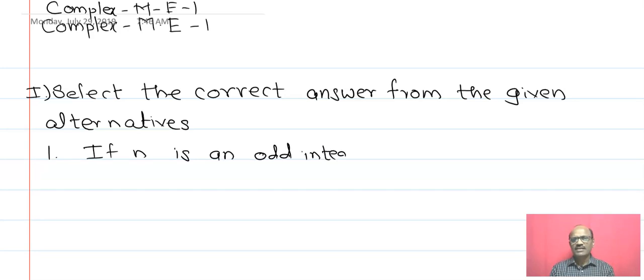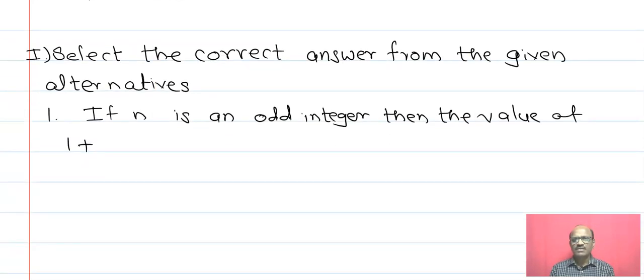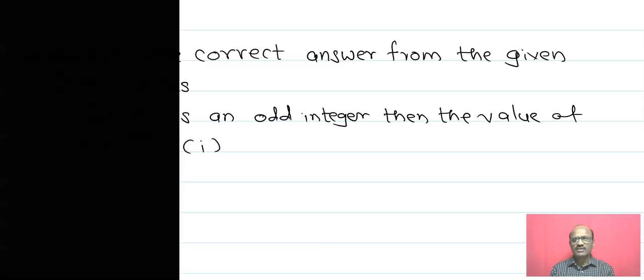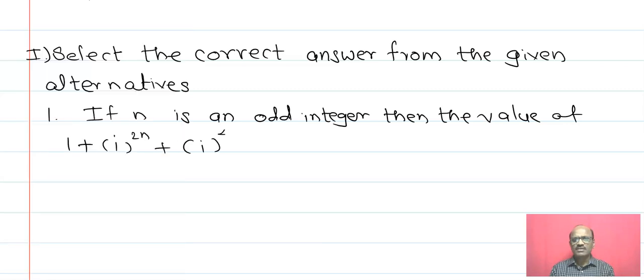If n is an odd integer, then the value of (1 + i) raised to 2n, i raised to 4n, i raised to 6n is